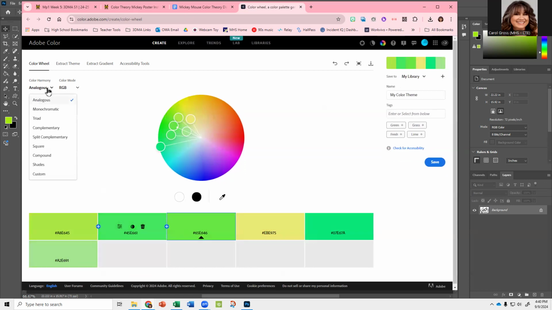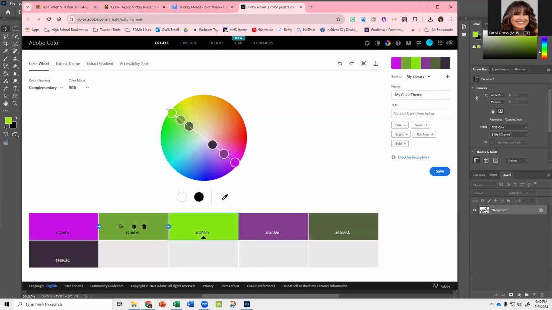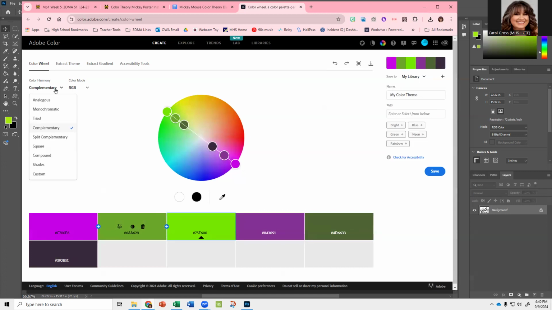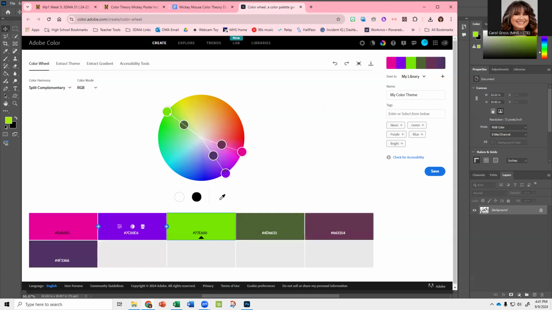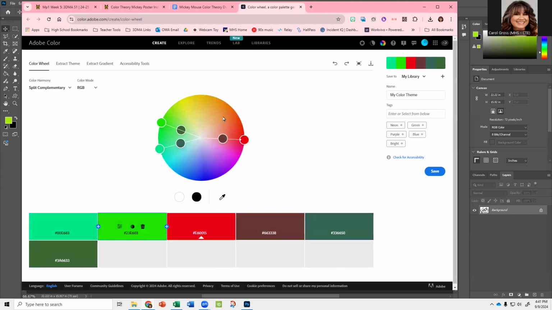You can choose analogous. You may choose triad. This makes it the triangle. You may choose complementary, which is across from each other. And again, you can change it to choose the different color choices. You can also choose split complementary. So either analogous, triad, complementary, or split complementary. I'm going to choose split complementary, and I'm just going to change it up from what I have used in